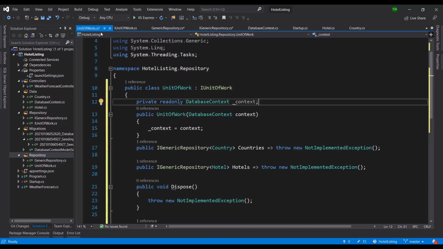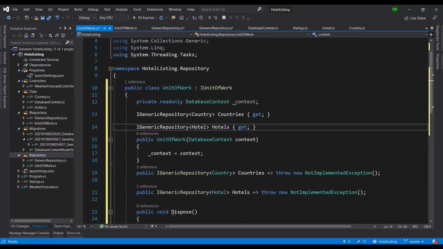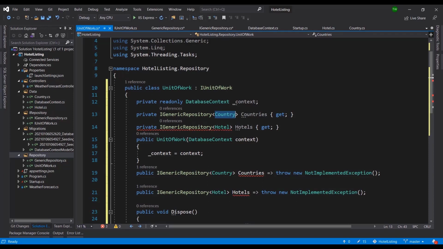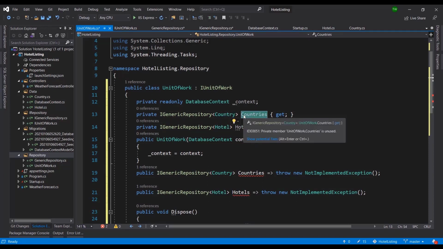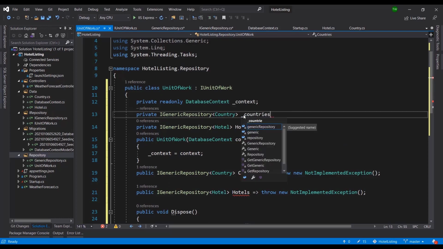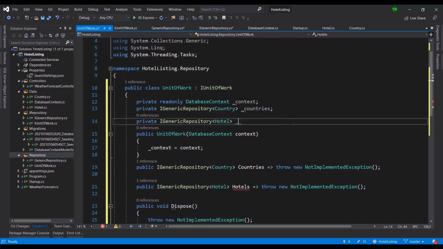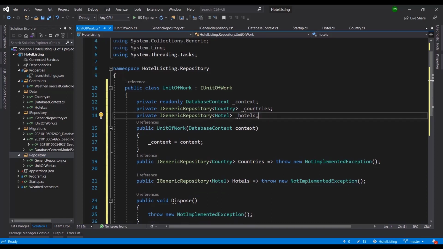So I'm just going to take that and I'm going to define two private properties of the respective hotel and countries, but I'm going to rename them and I'm going to take off the accessor. So this is going to be countries and this one is going to be hotels. All right. So now that I have these private